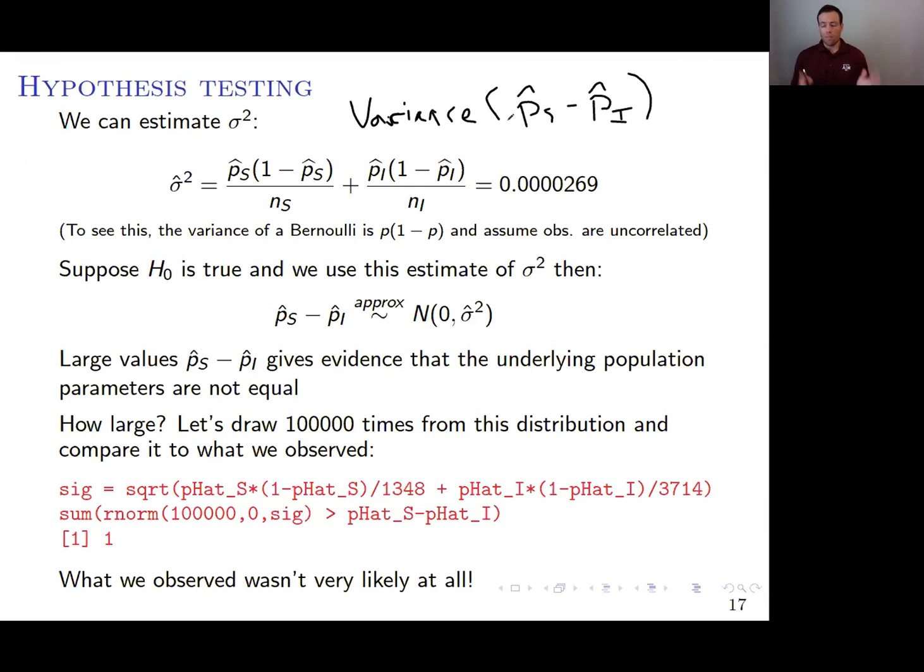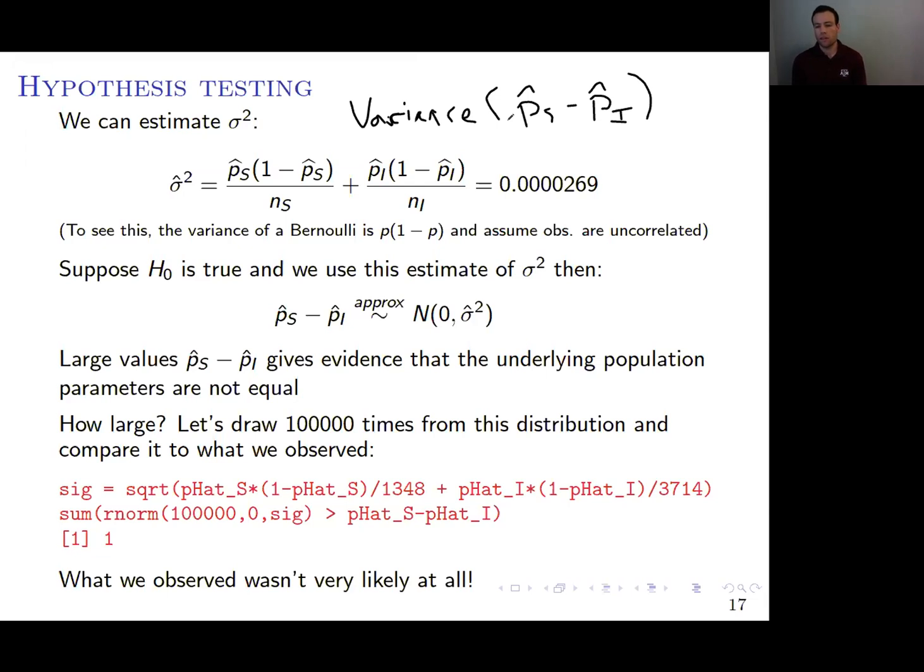And I'm going to demand some evidentiary standard to move me off of this hypothesis. So that's the kind of general philosophy. We're just going to say that's tantamount to saying, I'm going to assume that the null hypothesis is true until that assumption becomes untenable. That's the idea. So if we suppose that the null hypothesis is true, and we use this estimate of sigma